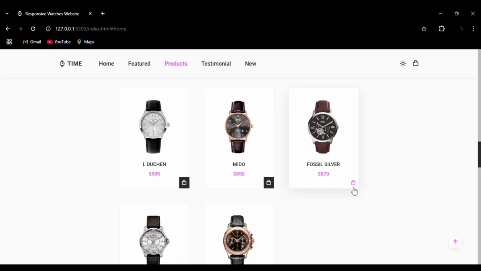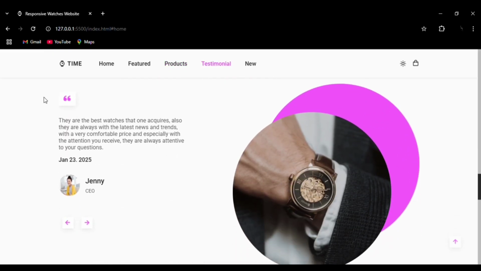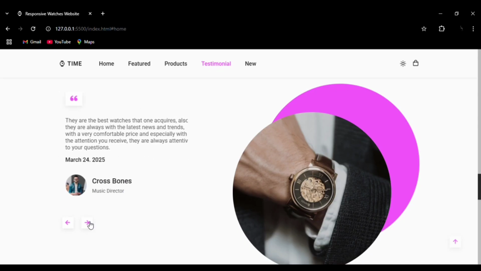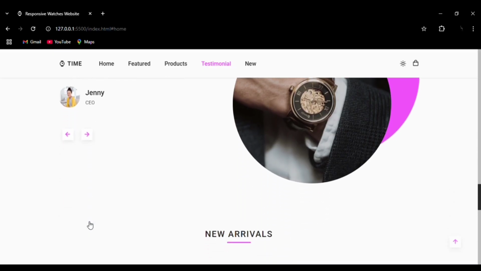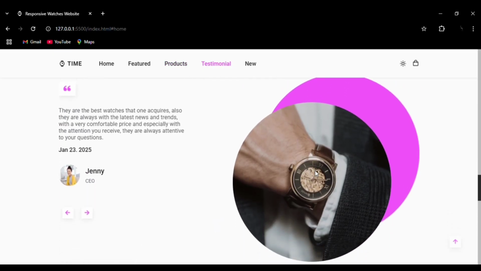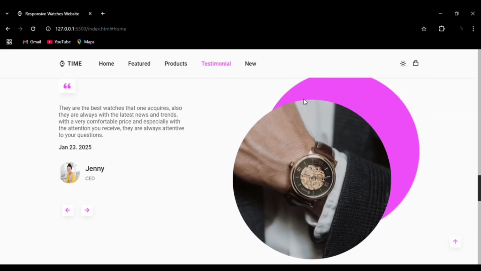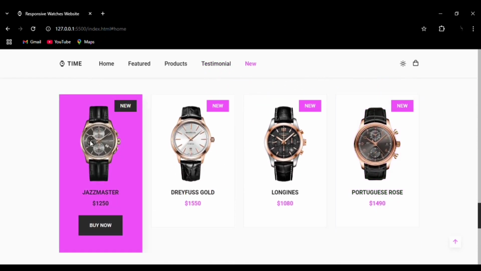Then we can go to the next section. You can see this is the testimonial section, perfectly aligned and with a swiper functionality. This is done by using a JavaScript library, the swiper library. Then we can go and you can see the perfectly circled image we have created and a mask behind it. Then we can go to the new arrival section and you can see the hover effect on them